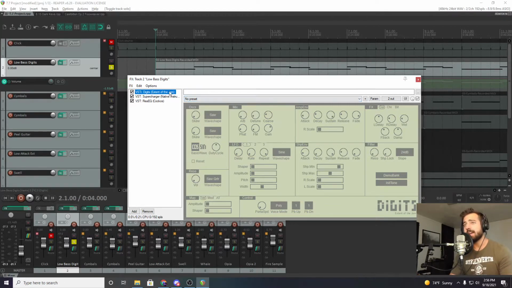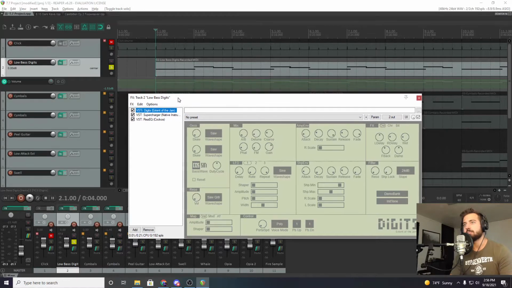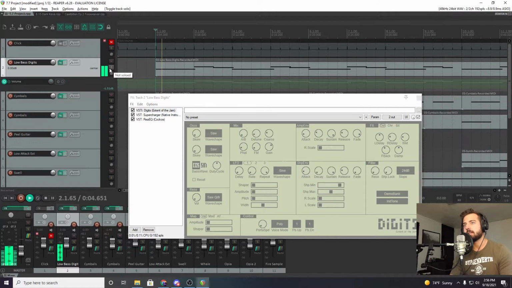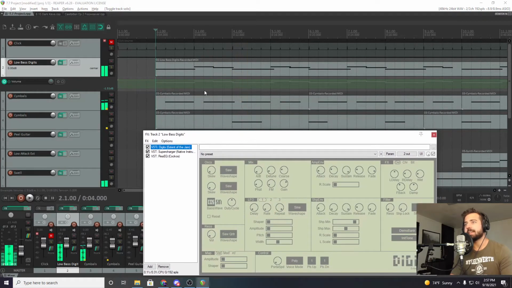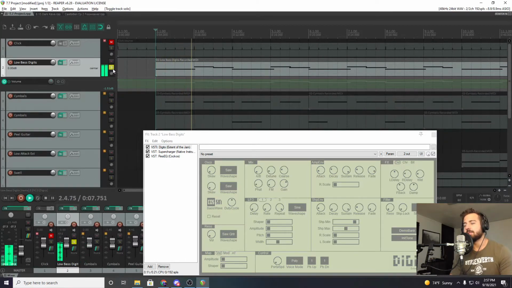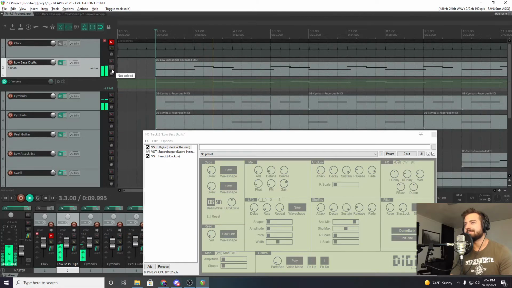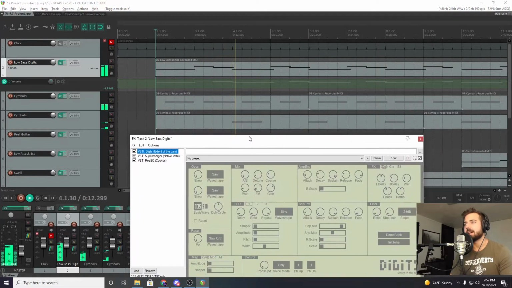So I've got this Digits thing set up. I've got it pretty low and a nice envelope. You can hear it expanding, adding a lot of high end as it goes out. And since it's so big and it takes up so much space in the mix, I'm just doing single notes there. It would sound pretty clustered, not ideal, if I were using anything else.